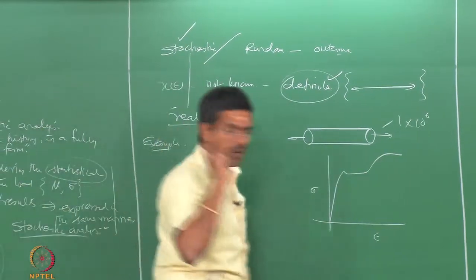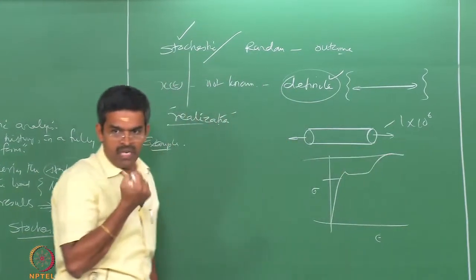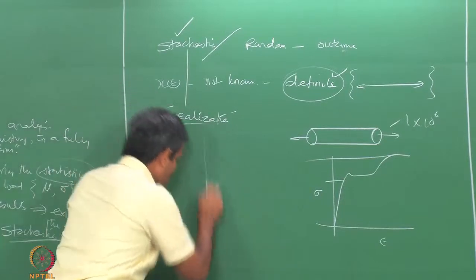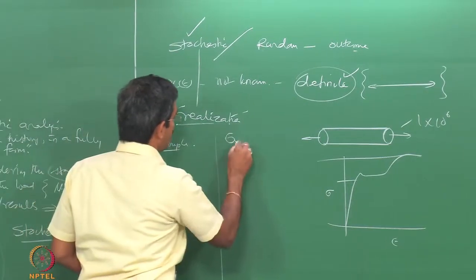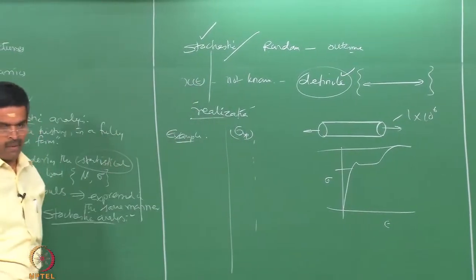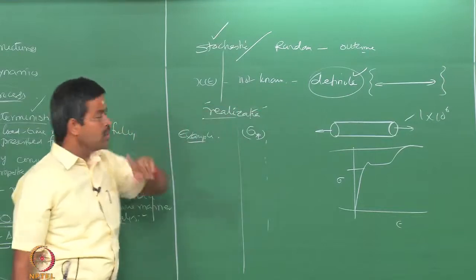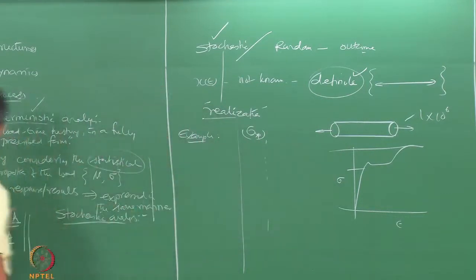Let us pick up only one point, let us say the yield point, or the ultimate load, any one point of interest for us. You try to form a table. The table is nothing but the values of yield point sigma yp, sample 1, sample 2, up to sample 10 power 6. You take a mean. So, therefore, you can still apply a mean and standard deviation of the same scheme on the left hand side also,